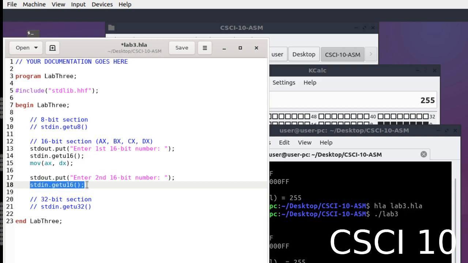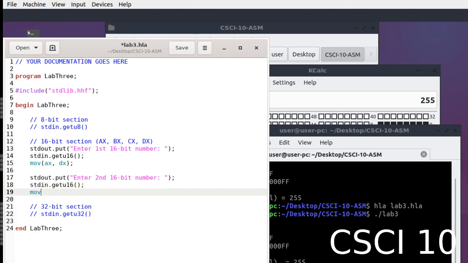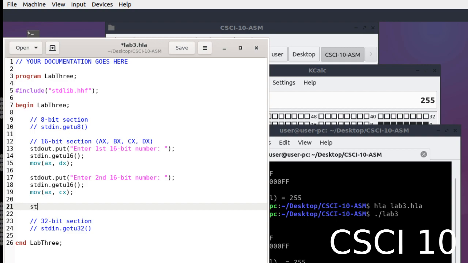So I'm going to use this get U16 routine again because I want a 16-bit. The U means unsigned 16-bit integer. I know because of the documentation that that's going to leave the keyboard input in AX again. But for this second one, I'm going to use a move instruction, which really means copy, to copy the new input that's now in AX into the CX register this time. So the first input got copied over to DX. The second input got copied over to CX. The third input